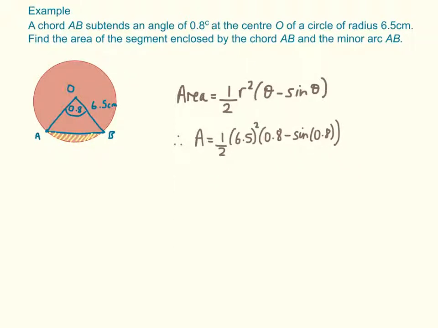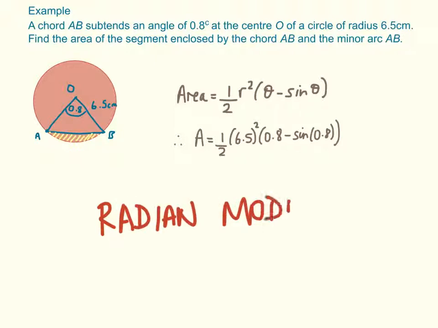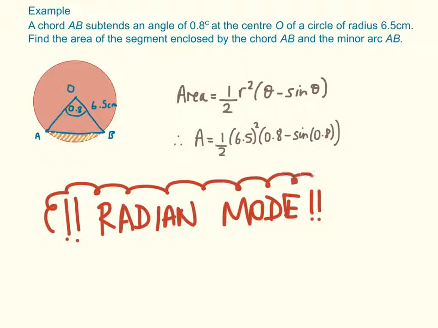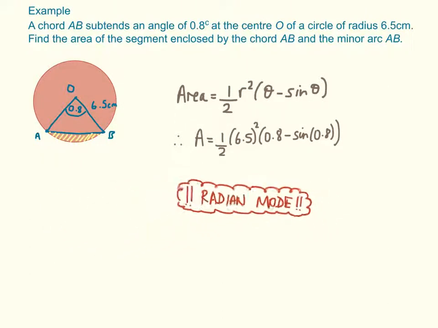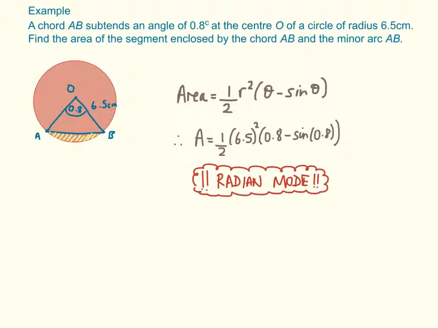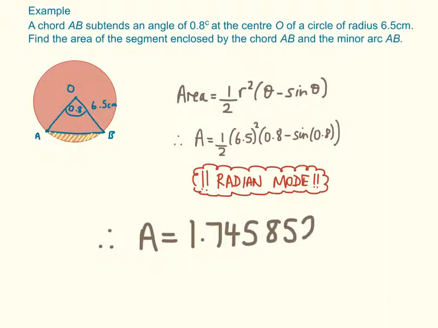If you can't remember how to do that, call up the video from exercise 6A. I've got a little video on the last slide towards the end of the video that shows you how to do that on your calculator, if you've got the same calculator as me, obviously. I can't emphasize this enough: you have to be in radians mode. What I'd recommend is, as soon as a question is on about radians, even if you're not going to use sine, cos or tan, make sure that your calculator is in radian mode straight away. So stick it onto your calculator, and if it's in radian mode, you should get this as your answer,